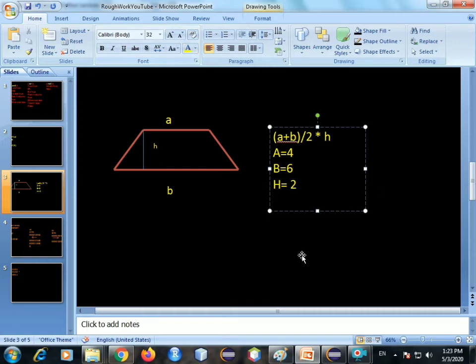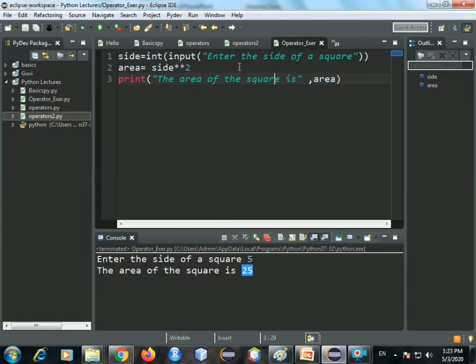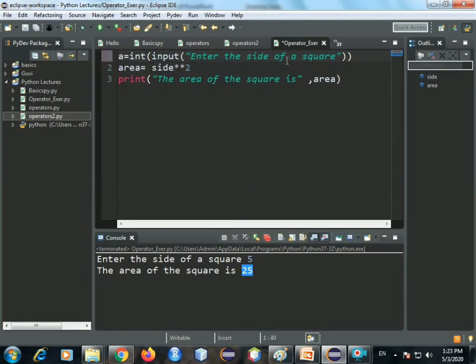Now let's do it practically on Eclipse. Let's take the input as a, enter side 1 of the trapezium.